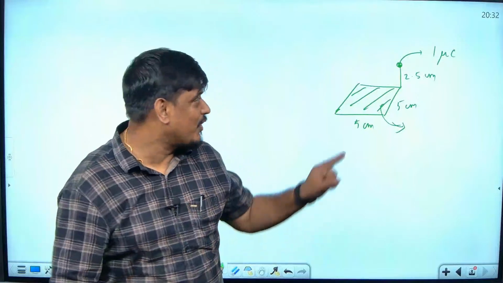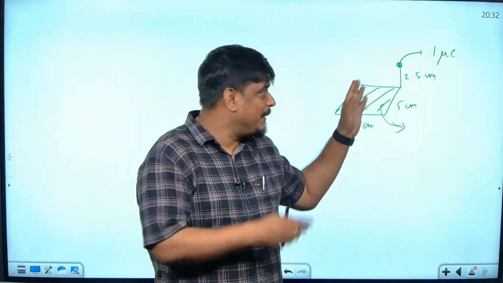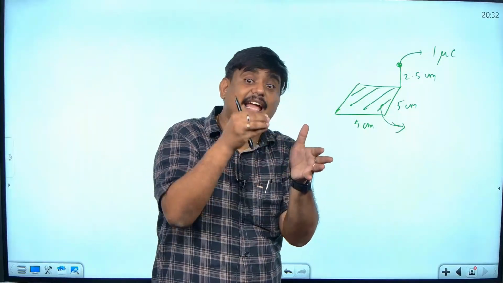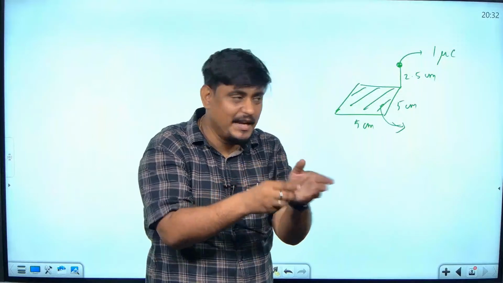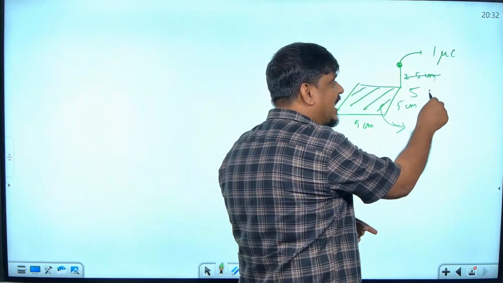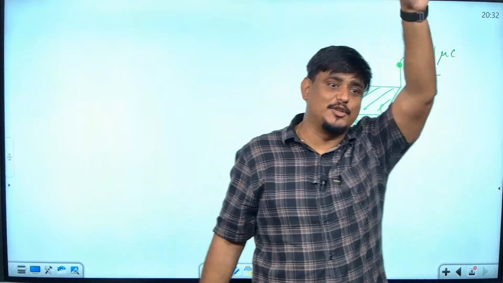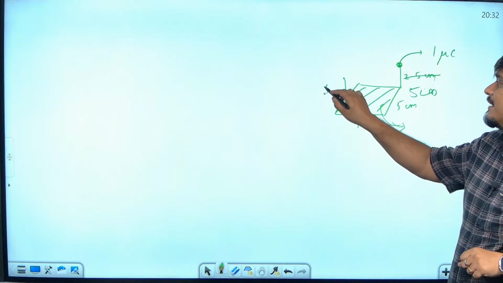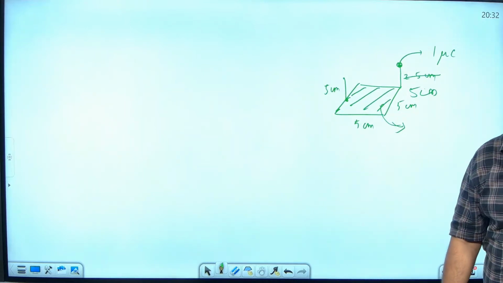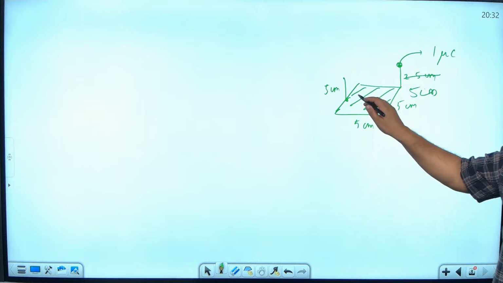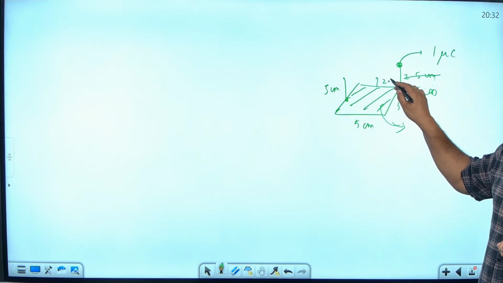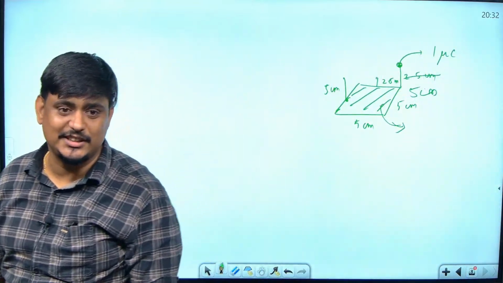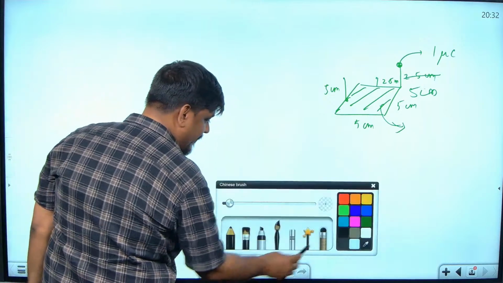Because you know, for making it symmetric, I will place how many sides, it will become like the condition of charge kept at the edge of the cube, right? If it is 5 centimeter given, then it is a charge kept at the vertex of the cube. If they would have given charge placed from center here and 5 centimeter, then where does it go? Charge placed at edge. If they told from here 2.5, then it becomes charge placed at face. Are you understanding how the questions can change? For the same square,